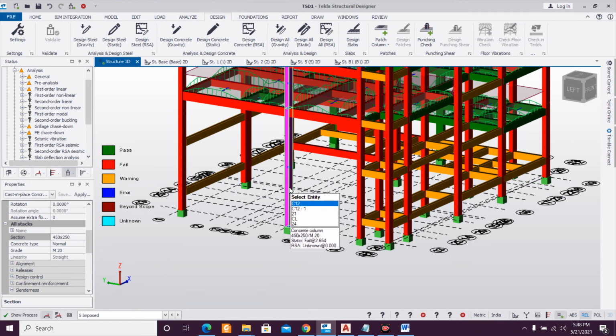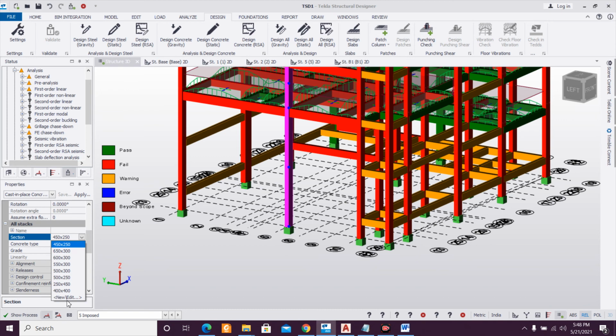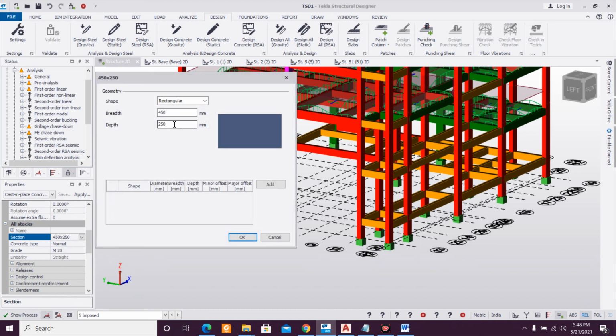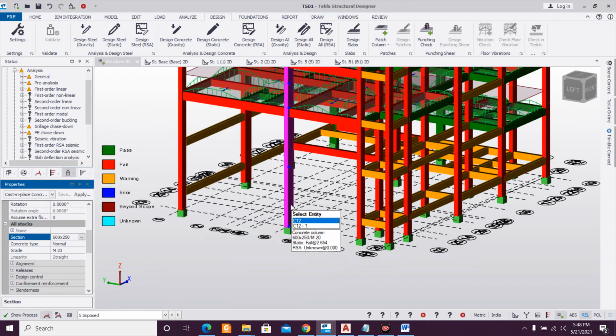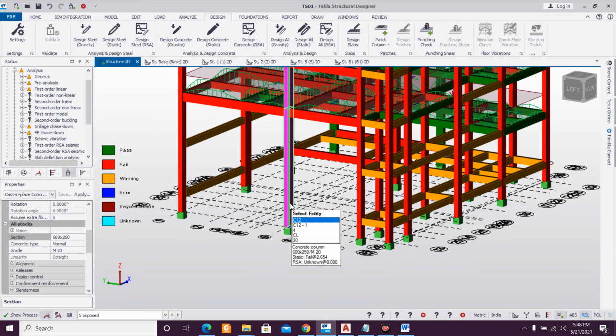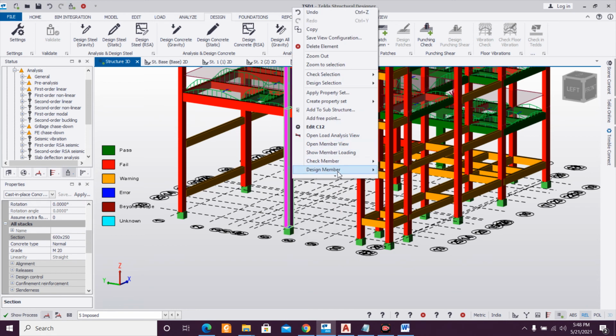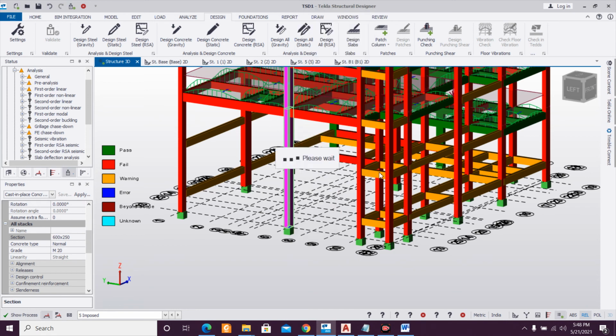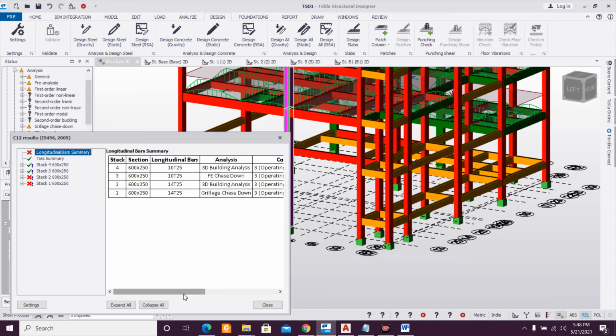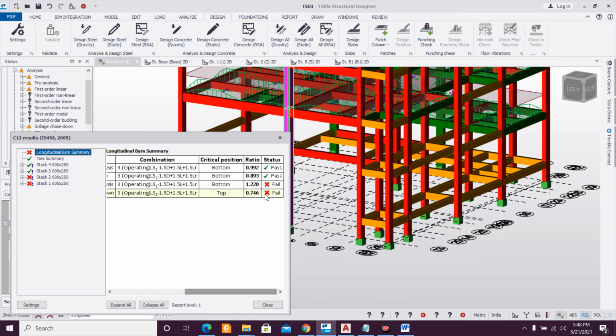So what is the size which you have given there? Let us do this straight as 600. Now I think it will be better.